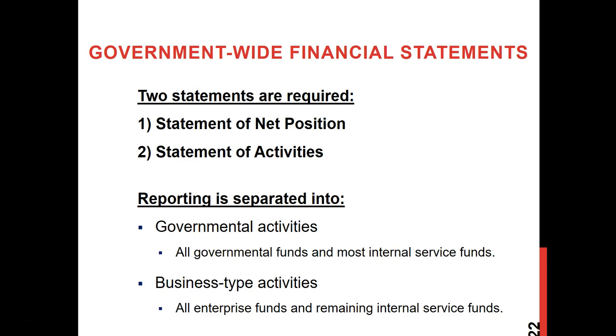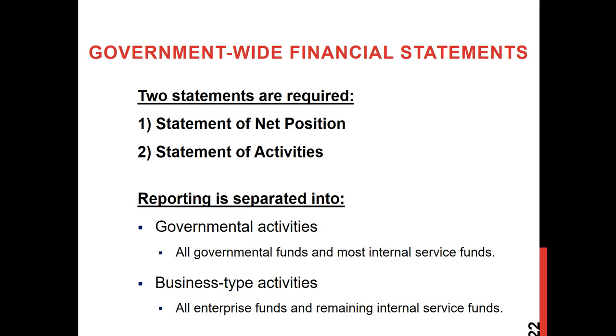Now we will see some examples of financial statements for a state or local government, or any type of government entities. As I mentioned at the very beginning, a state or local government will prepare two sets of financial statements. One is their fund financial statement, and the focus is mostly current year's items, and another is the government-wide financial statement. So government-wide financial statement is just the entity's whole financial statement. And let's focus first on the government-wide financial statements.